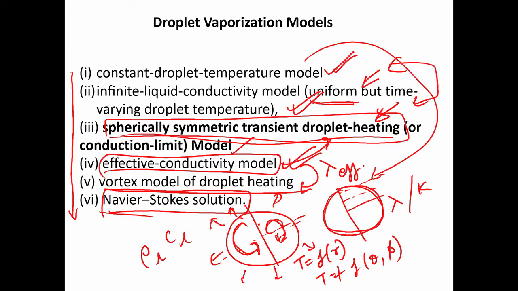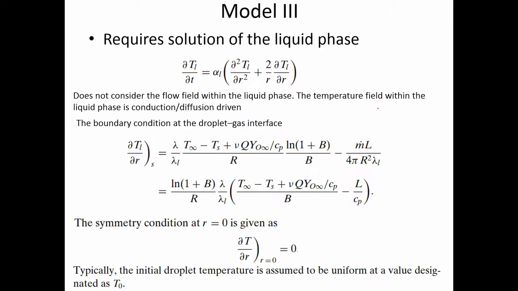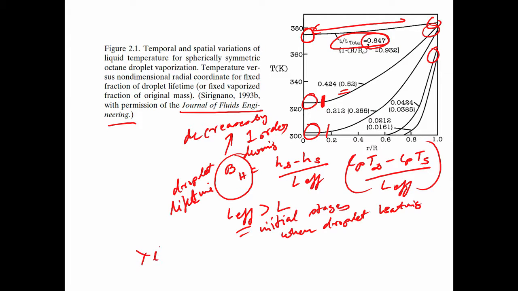Now, the type 2 and type 3 models become the same if you assume that lambda L is much greater than lambda. That means the liquid phase thermal conductivity is very high and B is small, and Cl is much less than Cp. So, for an ambient temperature of a few hundred degrees, that means when T infinity is of the order of 100 degrees,